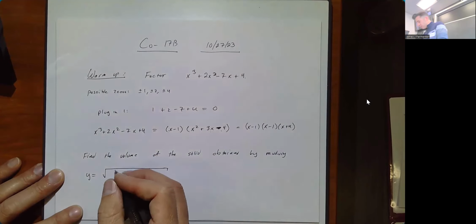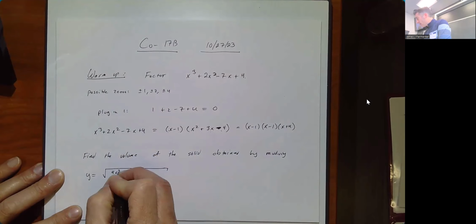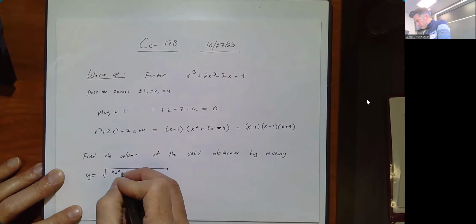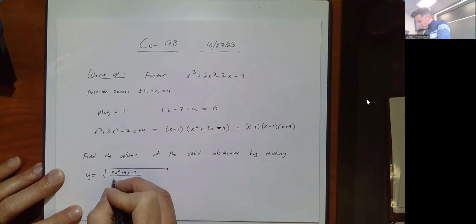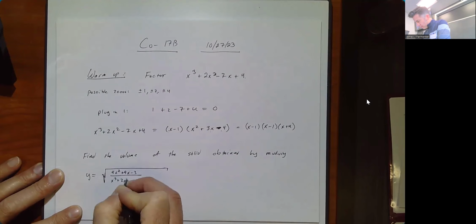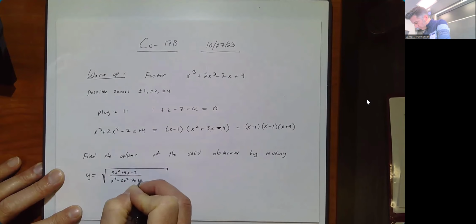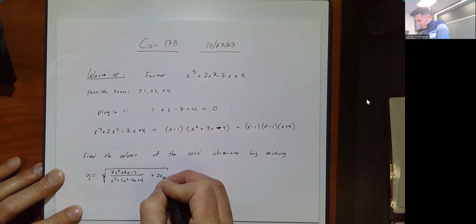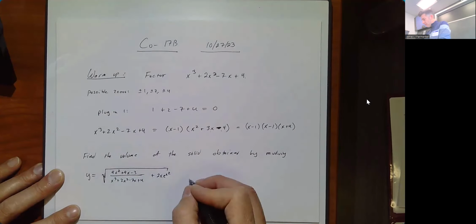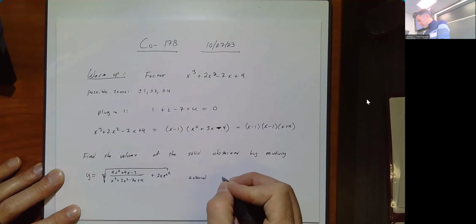I made something up that was gross. 4x squared plus 9x minus 3 divided by x cubed plus 2x squared minus 7x plus 4 plus 2x e to the x squared, around the x-axis,